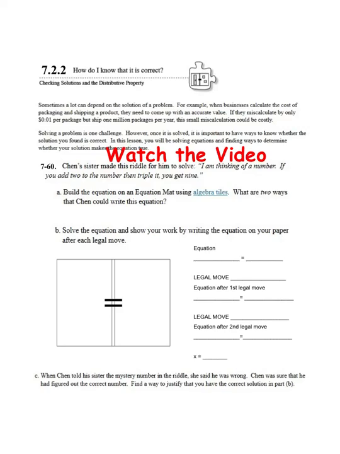Okay, so our first problem for our lesson today, we are looking at 760. It says Chen's sister made this riddle for him to solve. I'm thinking of a number. If you add 2 to the number and then triple it, you get 9. The first thing they're asking you to do is to build the equation on the equation mat using algebra